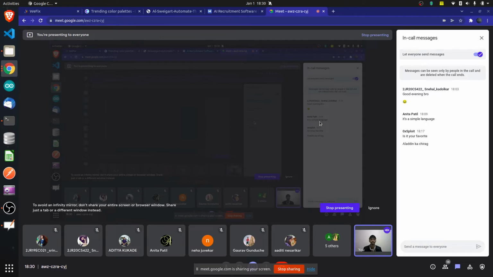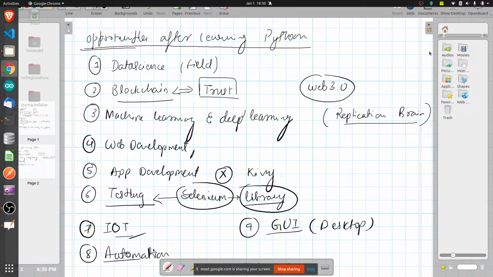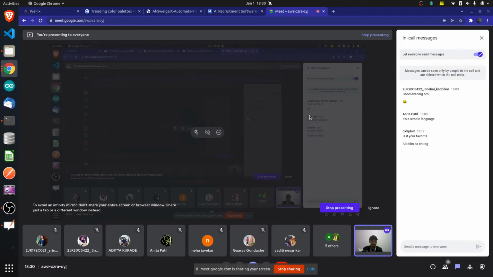Okay, so you can also build desktop applications, that is, you can also build GUIs with Python. Okay, GUI stands for graphical user interface, that is nothing but desktop applications. Okay, what applications you are using on your Windows and all. See, right now whichever application I am using, Google Meet and all, there is also a desktop application for that. I think Chrome is a desktop application. Whatever applications you are seeing on this side, these all are desktop applications. So these are not mobile applications, these are desktop applications.